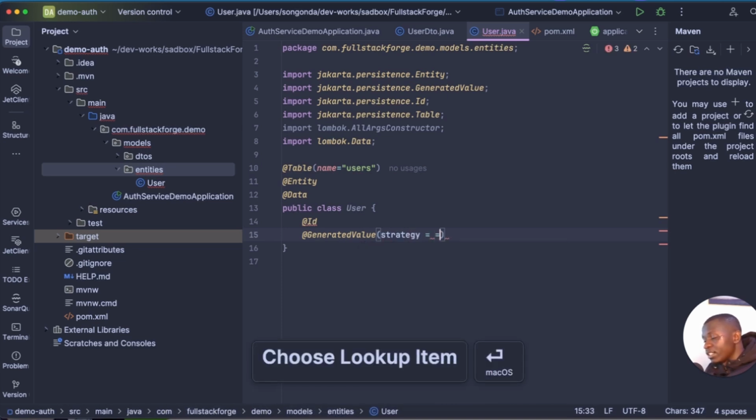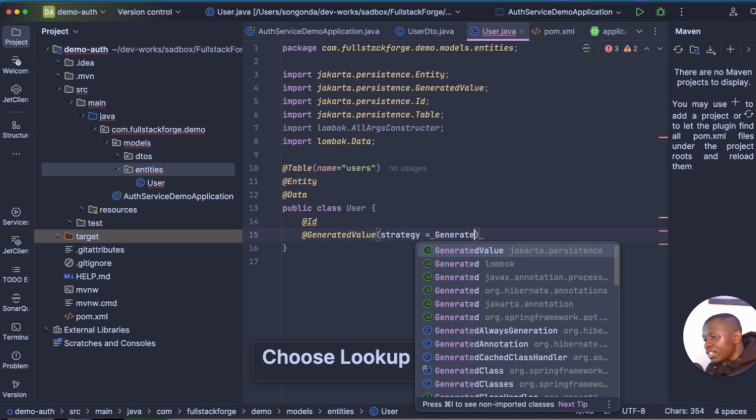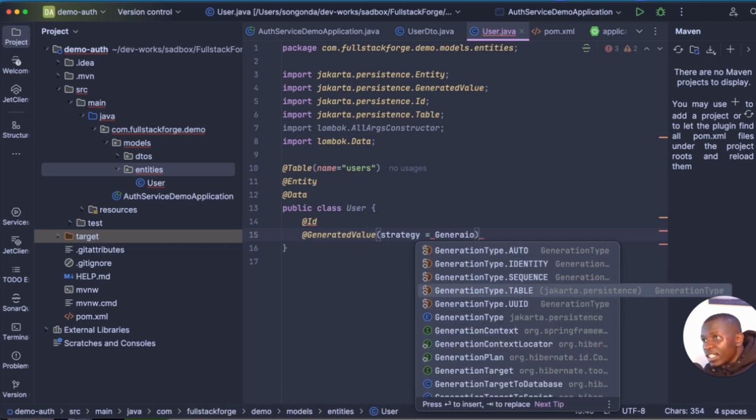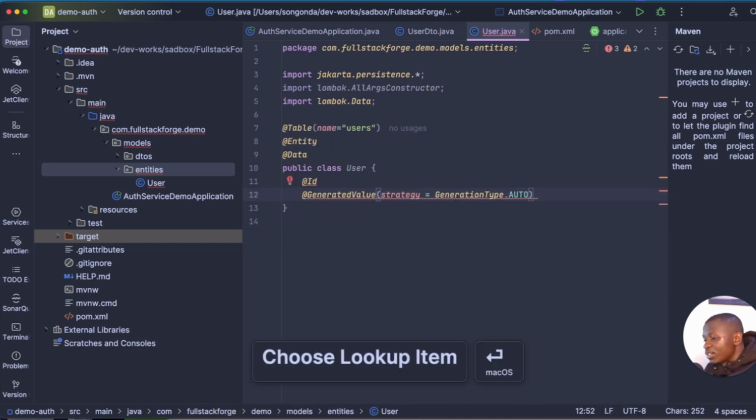Strategy will be equal to generation type. We just say generation type. Then we give it what we want it to be: is it an auto-incremented ID or a UUID? Depends on you, but we can just use this auto generating. And then we say here, this one is for